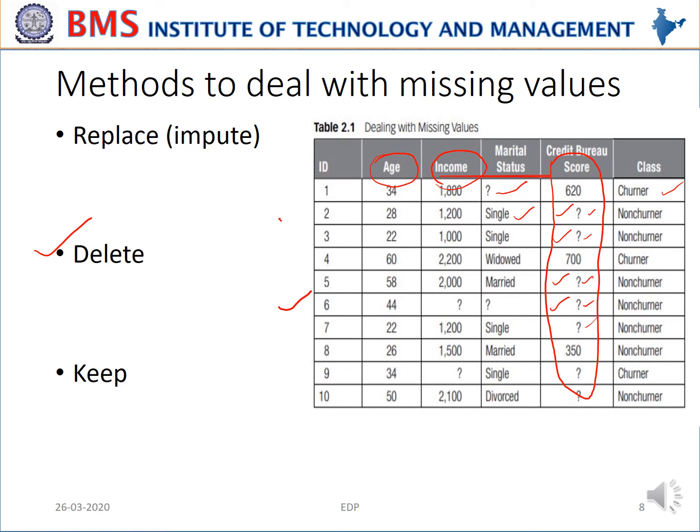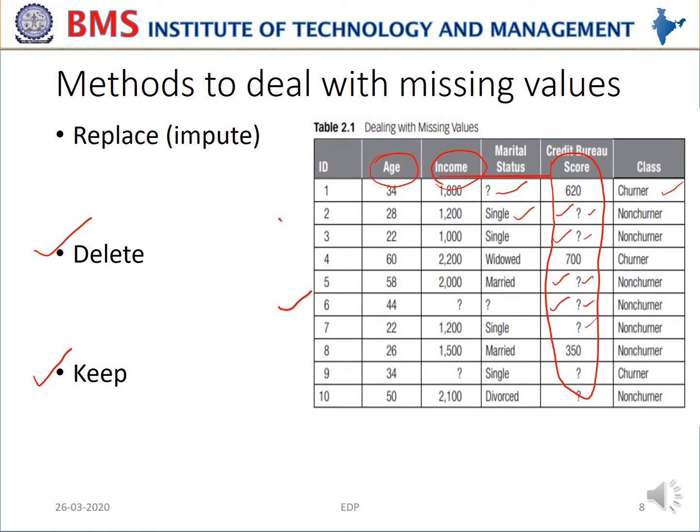And the next type of method to deal with missing values is to keep the value, retain the value. Sometimes missing values may be meaningful. In the sense, a customer didn't want to disclose his income because he is unemployed. That is a reasonable missing value. And this is clearly related to the target variable, like whether he will be a defaulter of a loan or not. Because he is unemployed, there are more chances for that person to be a defaulter. In that case, it is always good to keep that missing value, to treat it as unemployed because the income value is not available.